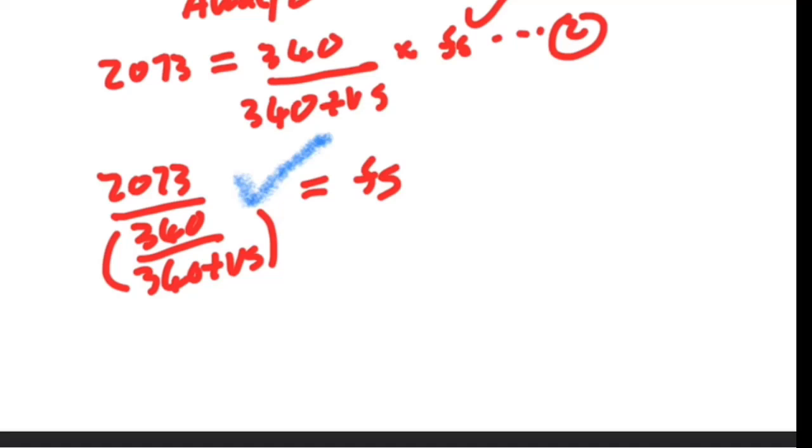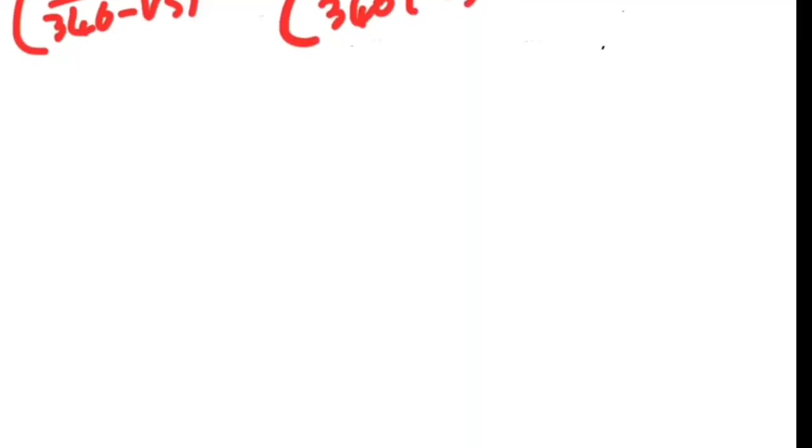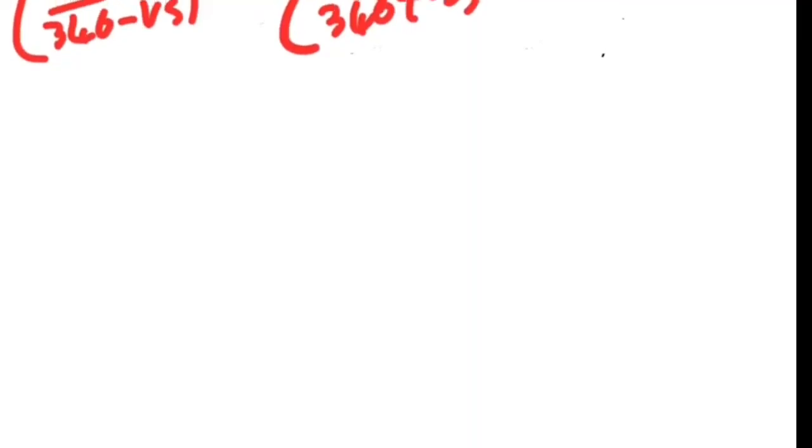This is equal to 2073 divided by 340 divided by 340 plus Vs. Right, the physics is done here. We are just solving the math equation, to be quite honest. So how can you solve this? Let's start by cross multiplying. If you cross multiply, I'm going to get